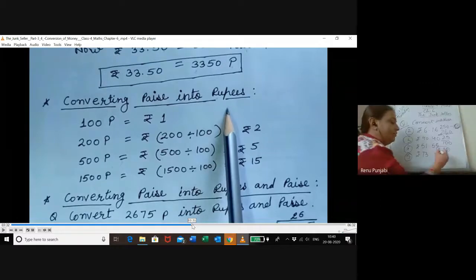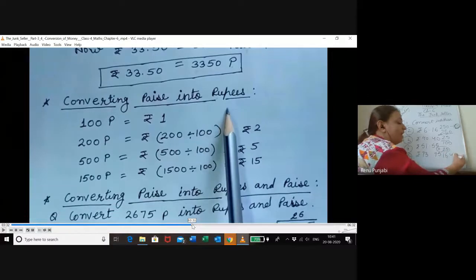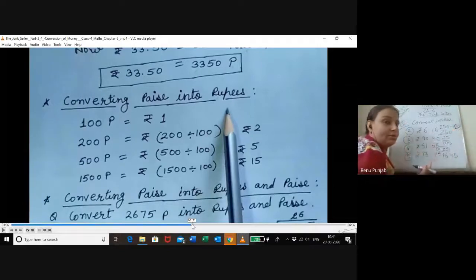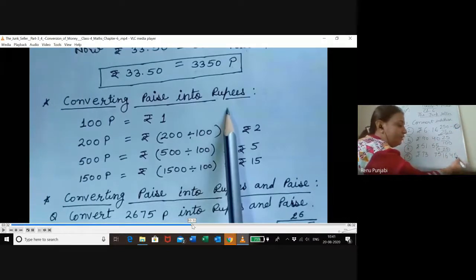Okay. And if it is 650 or 645, then also I will count 2 digits from the back, and I write the 0 here. And if it is 645, I will count the 2 digits from the back. Why am I counting 2 digits from the back? Because 100 has 2 zeros. So I will count 2 digits from the back, 1 and 2, and then I will put the decimal. It will be 6 rupees 45 paisa. Am I clear?